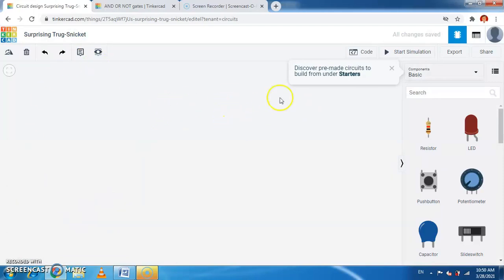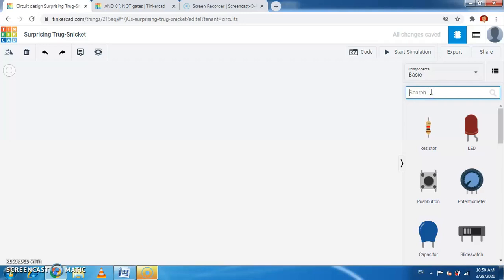This is the component list. We can search for the different components just by typing their name here. It consists of all the active components and passive components. Some ICs are also there which are required to build a circuit. Once the circuit is built, then we can simulate it. In a pandemic situation this is necessary: we are not carrying out the experiment physically in the laboratory, but we carry out this experiment using the software, which we call simulation.